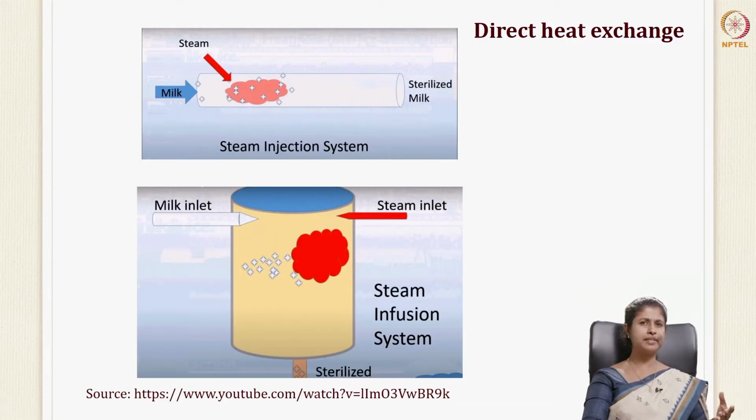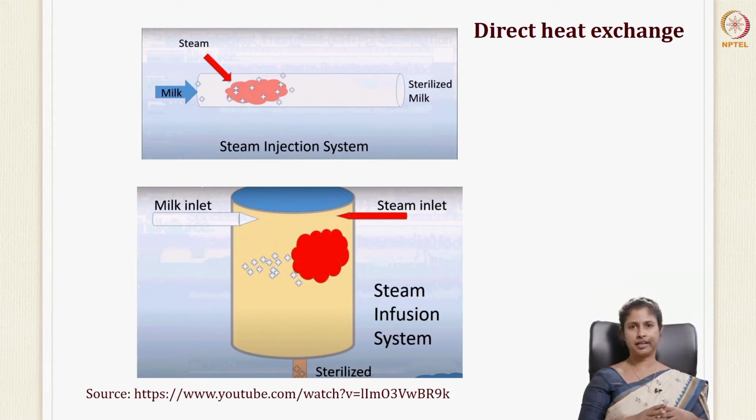But once that happens, the steam condenses and adds to the water in the milk. So what do you do now? That is when they go in for flash evaporation after this to remove the excess water. Okay, so steam injection is a method in this UHT heat treatment, and steam infusion. Steam infusion is directly opposite. Here you'll have steam in a chamber and the milk or the product is added into the steam chamber. It's steam infusion. Okay, and here again the steam heats up the milk, the water condenses, the excess water is evaporated by flash evaporation. So these methods that we have just discussed, the direct and the indirect method, will help